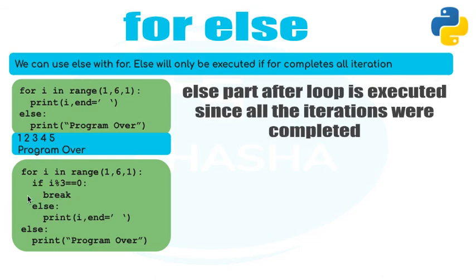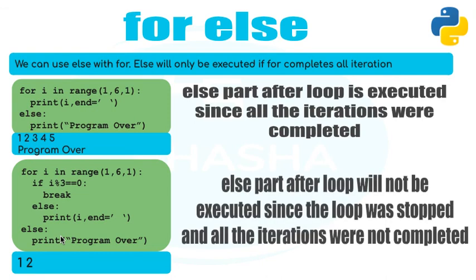So when the loop was broken, it did not execute the else part, and you are not going to see that the program got over. So whenever your loop is broken in between, you will not see the else part getting executed. So just remember that the else part after the loop will never be executed when the loop is interrupted in between, when the loop is not completed. So just remember a case where the else part can be used and the else part cannot be used. So I think this was interesting for you.